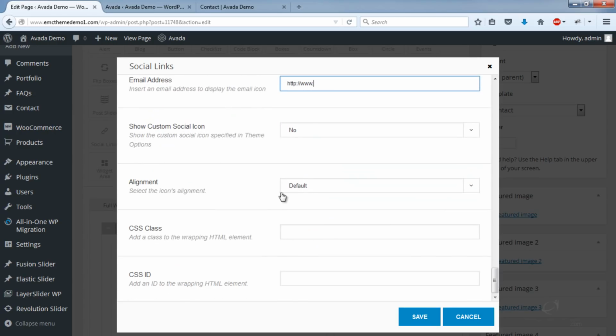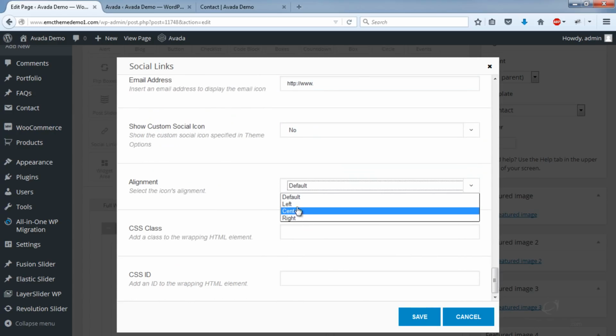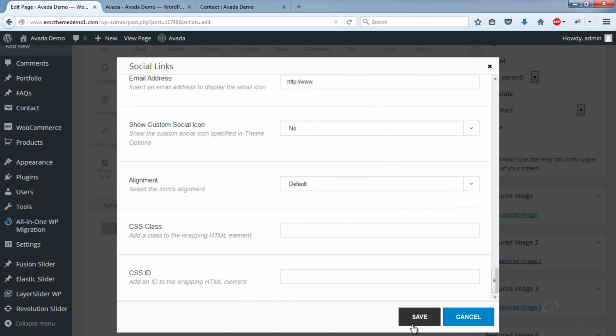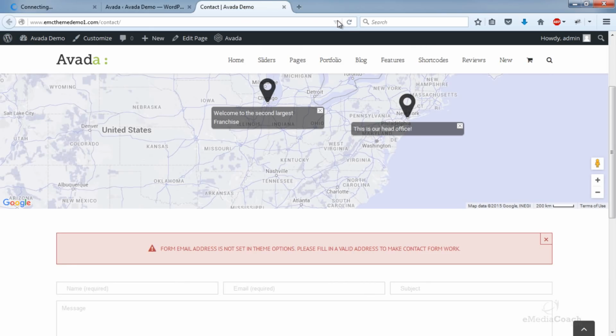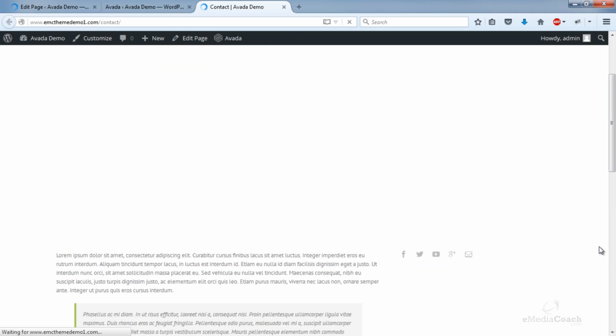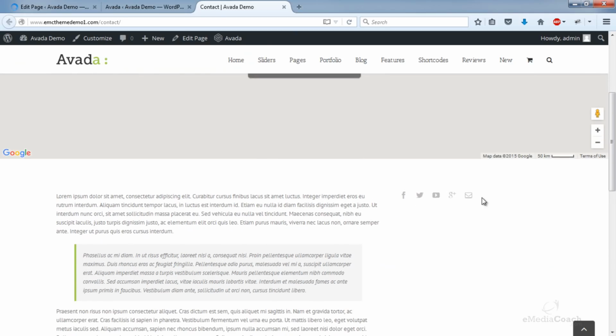Okay, you can change the alignment, left, right, center, and let's click save and check that out. Perfect.